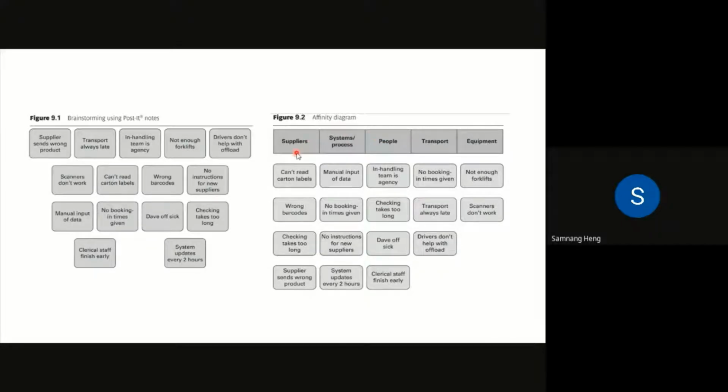So the problem related to our supplier goes here, in this row. The problem related to the system here, in this row. Problem related to the people here, transportation equipment here. You categorize it. The due date is Monday